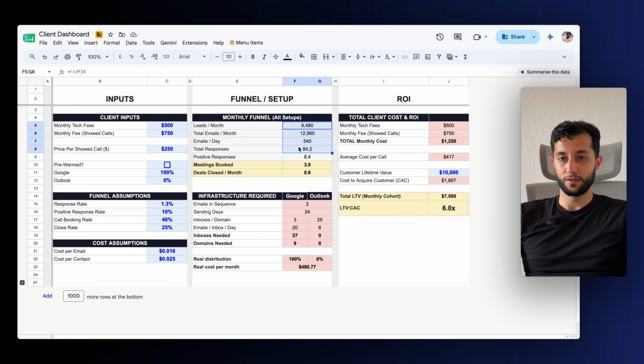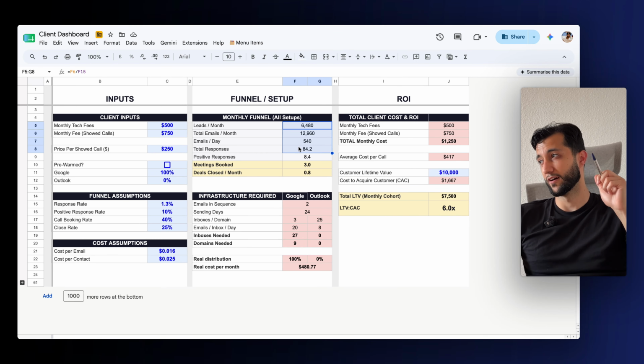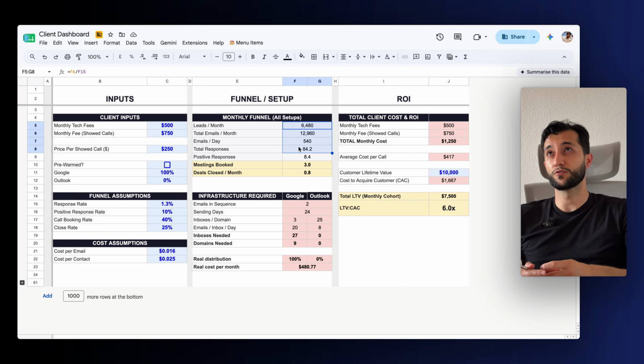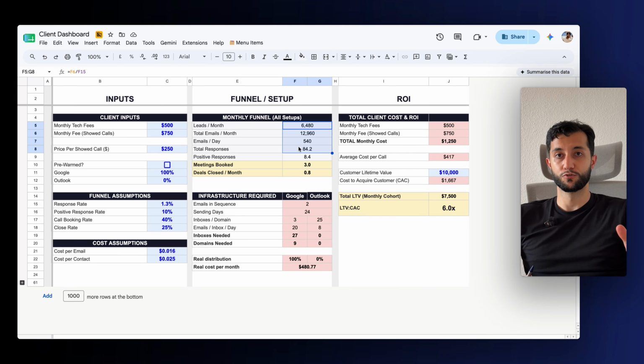They are a B2B SaaS. They sell to dental practices. We started working together over 22 months ago. So we've been running this for almost 2 years now. They had a response rate of, I believe,